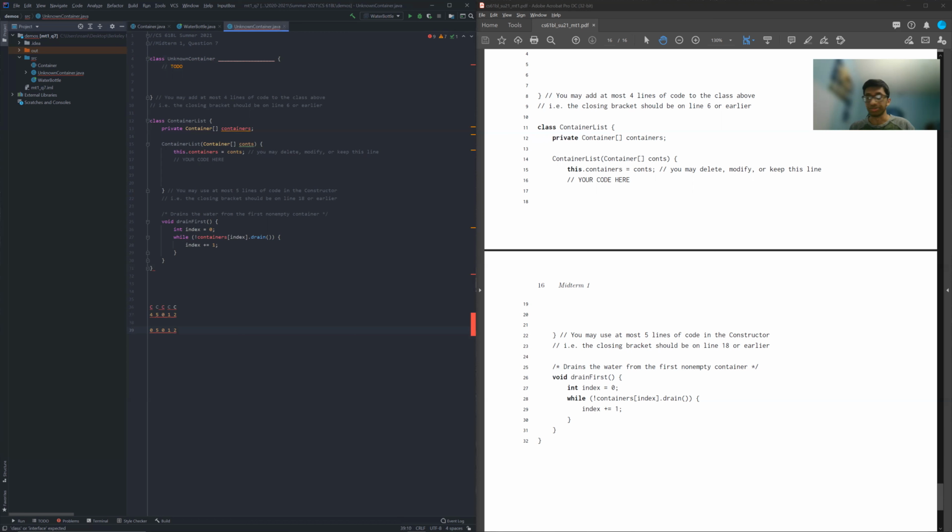So what could the issue possibly be? One thing that's pretty useful is to think of edge cases. What happens if everything is full? Well, then we just get a repeat of what happened here, except instead of a 0, let's say I say 6, it's just going to be 6 down here. The other edge case that comes to mind is what happens if everything is 0? In that case, the very first one is going to return false because there's nothing to empty. So the while condition stays true, and we increment index by 1. So now index is 1.